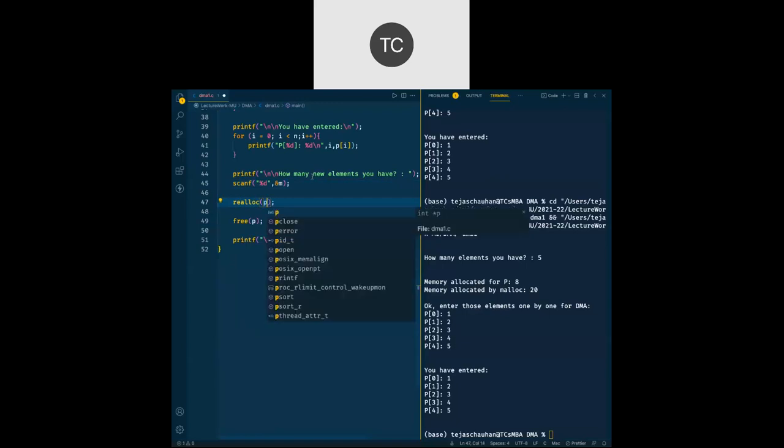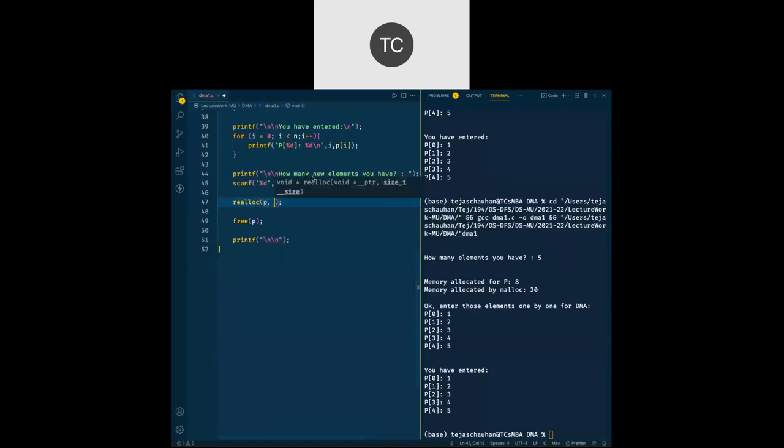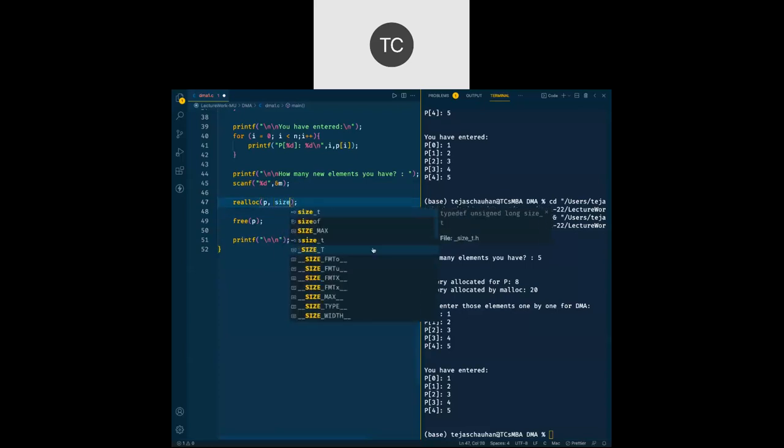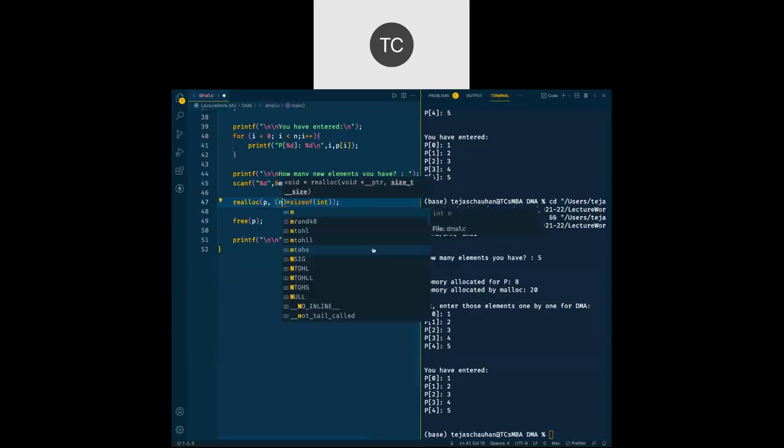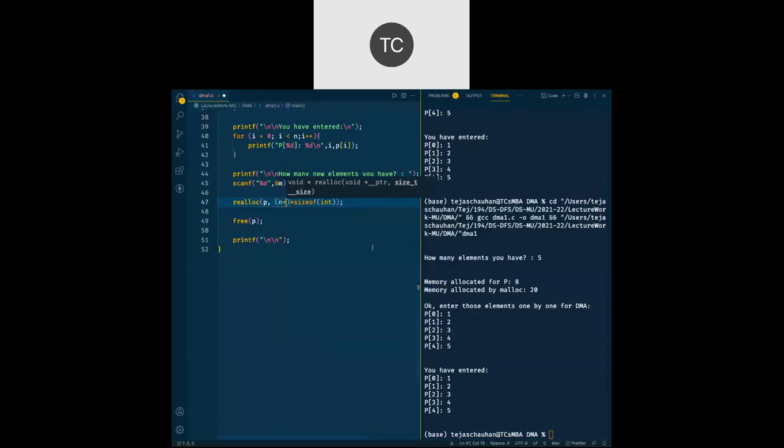Now the first parameter is your pointer variable p, and the second parameter is going to be the newly calculated amount of memory, that's going to be for 7 elements. So obviously it is going to be size of integer, but how many integers? You multiply it with the original elements n plus the new elements m.